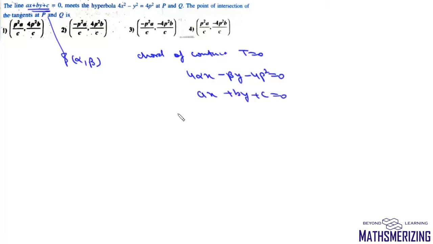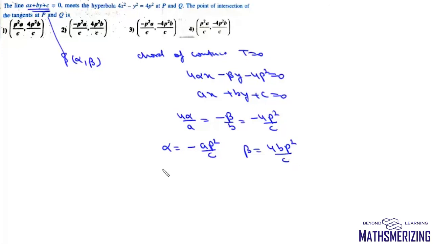Now we'll compare, we'll write 4 alpha upon a equals minus beta upon b equals minus 4 p square upon c. So the value of alpha will be minus ap square upon c, and beta will be 4b p square upon c. So this point of intersection is given by (minus ap square upon c, 4b p square upon c), and that's your option number